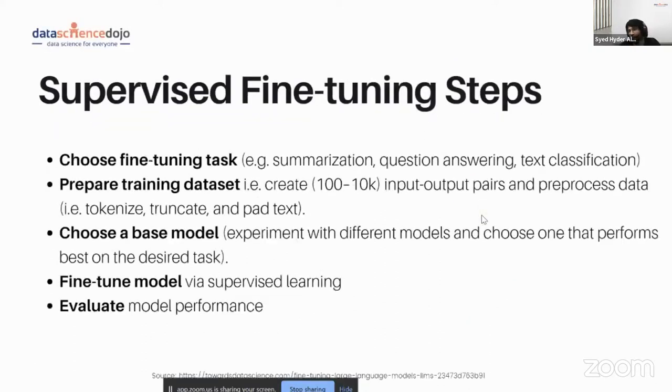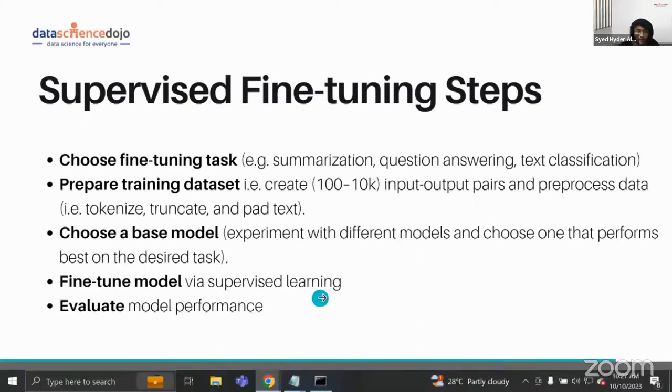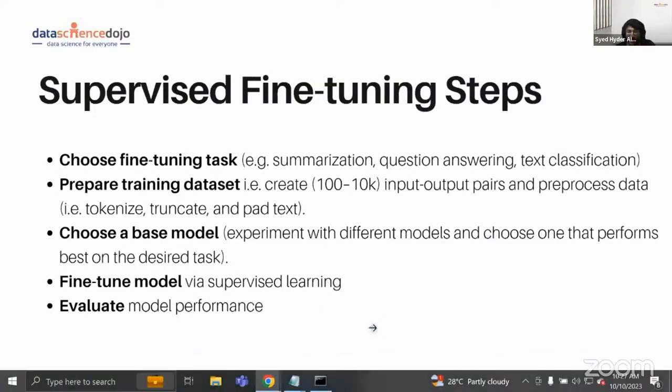Then the supervised fine tuning steps. I'll give you a quick overview. First, if you want to do supervised fine tuning, you choose a fine tuning task, maybe summarization, question answering, or text classification. You first have to select what task you want your model to be fine tuned for. After you have selected that, you have to prepare a training data set. It could be input and output pairs,